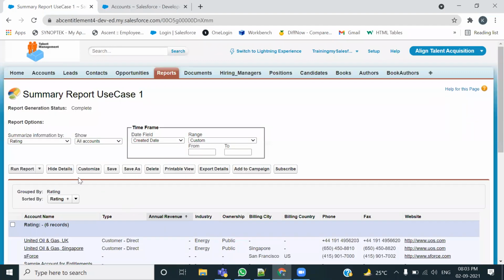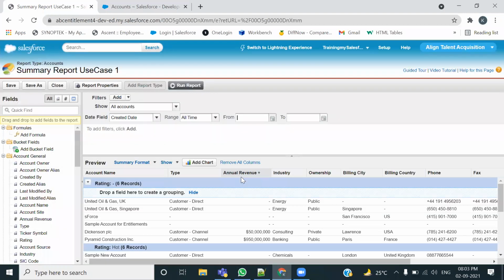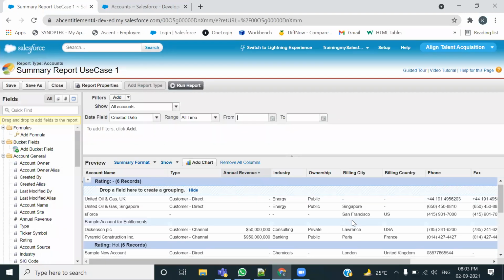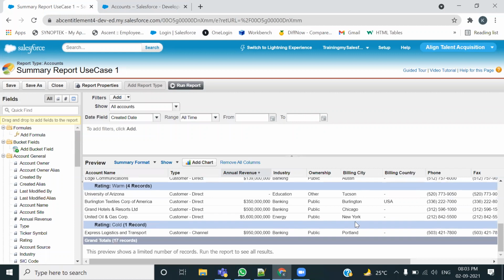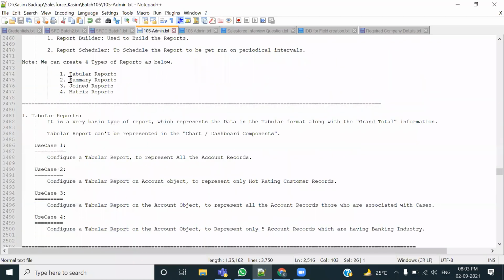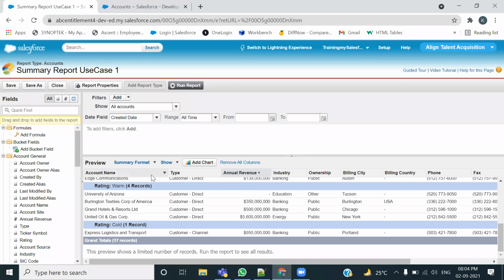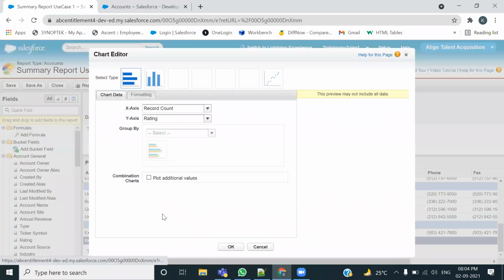So this is what summary report। चलिए अब summary report में एक दो चीजें और बतानी है मुझको आपको। फर्स्ट ऑफ ऑल आई क्रिएटेड अ रिपोर्ट, रिपोर्ट तो मेरी बन गई है ना, जैसी मैं चाहता था वैसी बनी। अब हमें बोला गया है कि इसके साथ में चैट कंपोनेंट्स भी ऐड करना है। तो अब चैट कंपोनेंट्स केवल दो ही रिपोर्ट्स में ऐड हो सकते हैं। चैट कंपोनेंट्स कैन बी एडेड ईदर ऑन समरी रिपोर्ट एंड मैट्रिक्स रिपोर्ट, ठीक है। समरी रिपोर्ट और मैट्रिक्स रिपोर्ट पे ही चैट कंपोनेंट ऐड होते हैं।